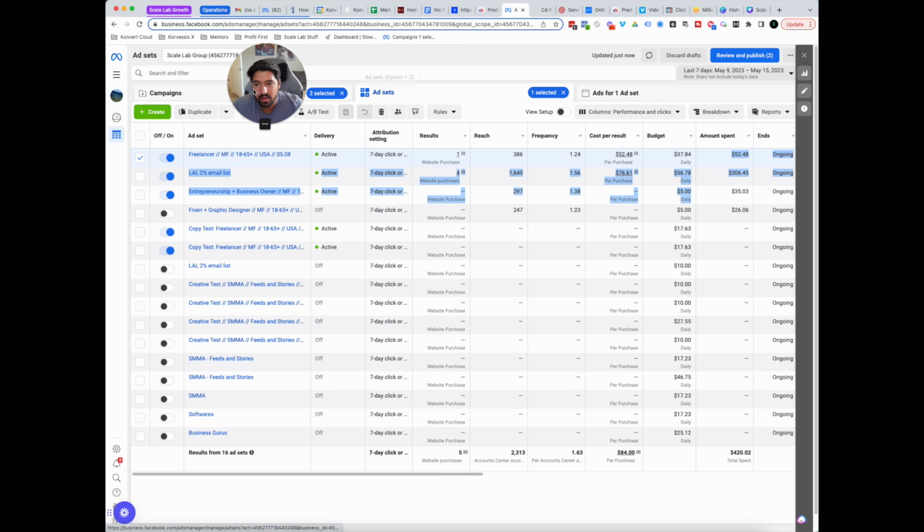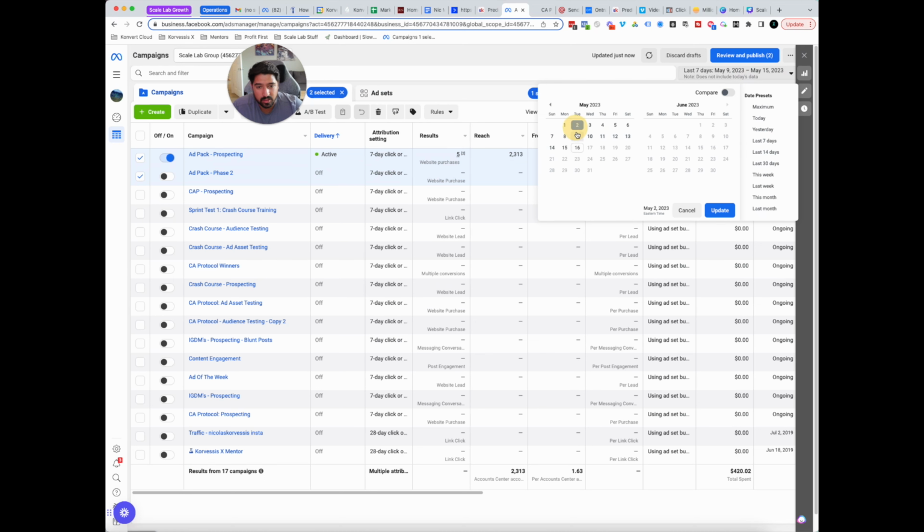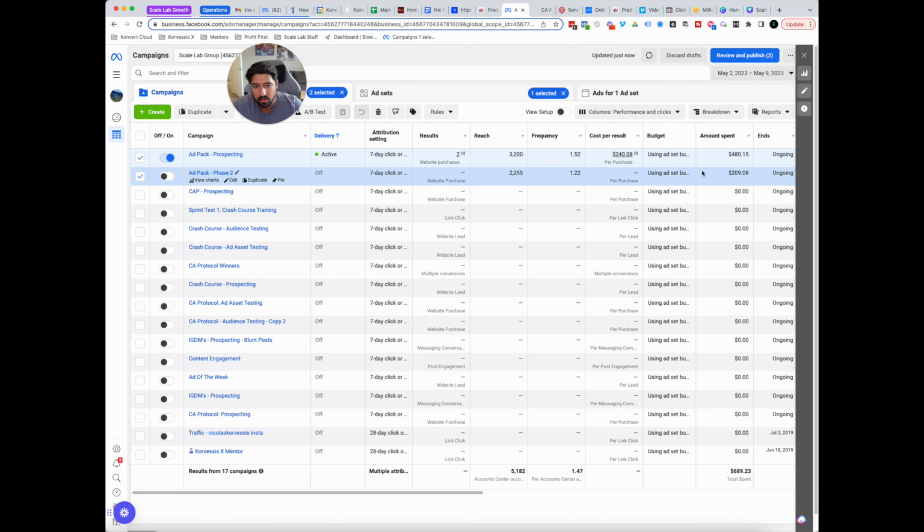So fine. However, what we did initially is we spent about, you can see here this first week, about $480 on this one campaign, right? This is our main campaign. We got a couple of sales. It was a little bit expensive per sale, but the objective with the first $500, maybe $600 in spend is